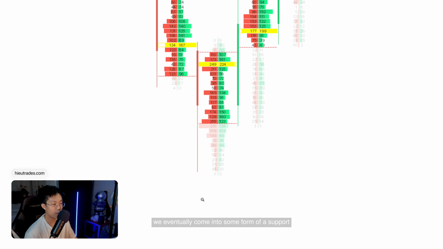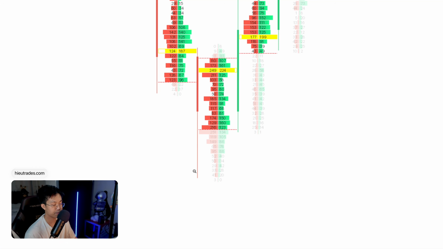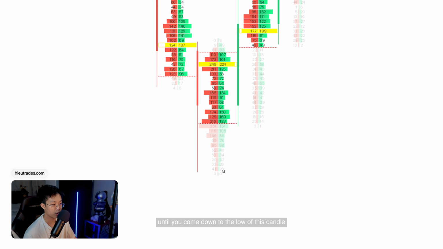We continue lower, we eventually come into some form of a support. Or it doesn't have to be a support, it can also just be a level where sellers are no longer interested in transacting at that level. But you can see that on the left side, aggressive sellers hitting the bid, the conviction starts to fade. These levels start to taper off. So where you had 216, 251 aggressive sellers, it starts to taper off significantly until you come down to the low of this candle, where there are only 29 aggressive sellers, 33 aggressive sellers, 41, and eventually 3 aggressive sellers at this level. So you can see that fewer and fewer sellers are willing to push price lower,